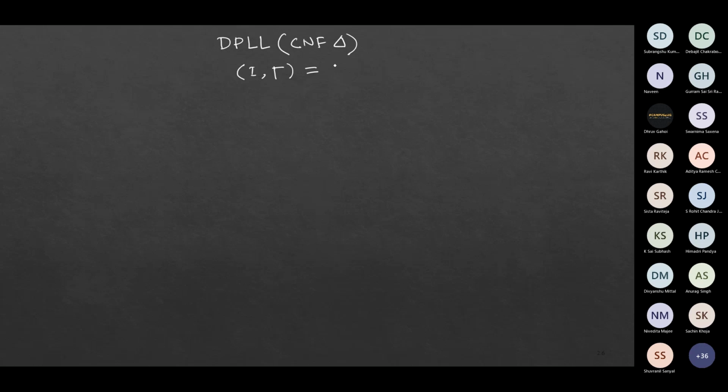So this we can get by performing unit propagation over delta, right? Now, if we see that your gamma is empty, what does that mean? That means that I did not encounter any contradiction,